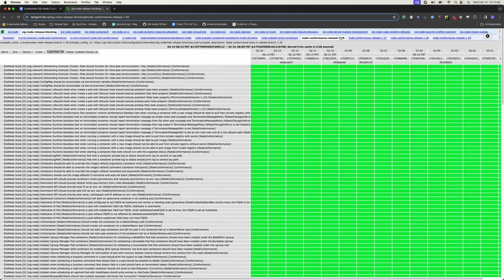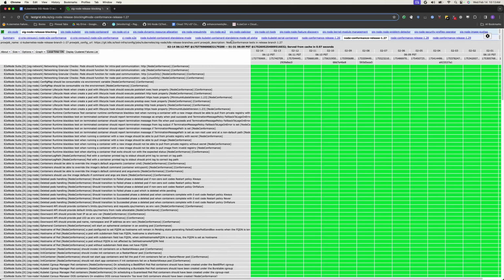But I saw in Slack that some people were mentioning there might be an issue with the Kubernetes registry. Some of those, looking at those CRI-O issues, are unable to pull some of the images. I saw that on Slack just recently, so we might be seeing more of those occurring. Where exactly is the error, the CRI-O related error? Where did you see the image registry error? If you go back to the SIG node release blocking,